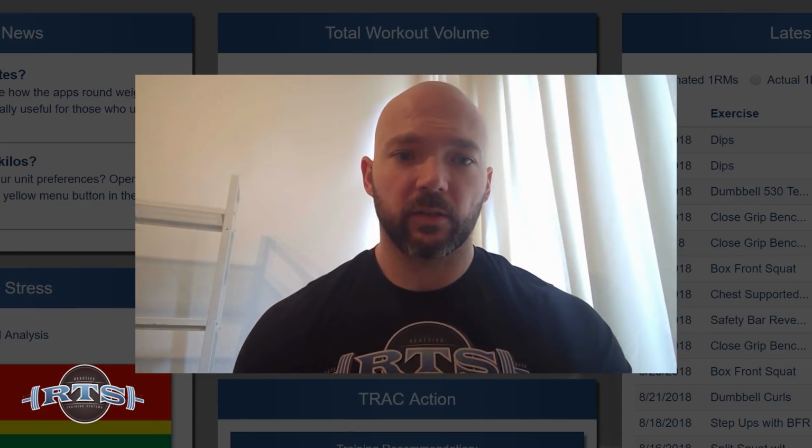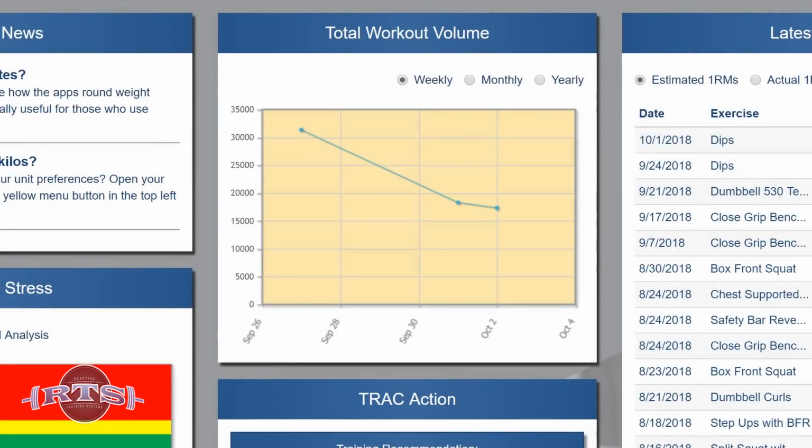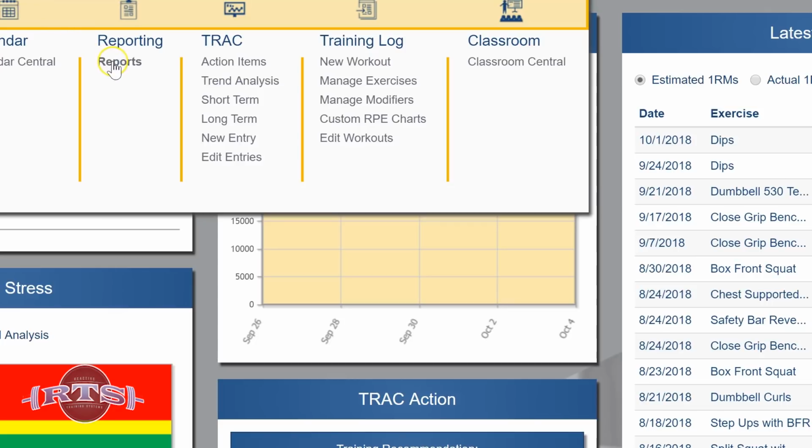So to get us started, you'll need to go to the Reactive Training Systems website, reactivetrainingsystems.com. You'll log in, click on apps, and hopefully you've already been using this to log your training. This will be most relevant to those of you who are doing that. So this is my dashboard, but if you go over to the report section,